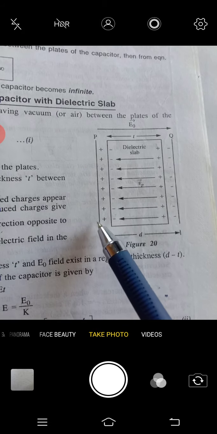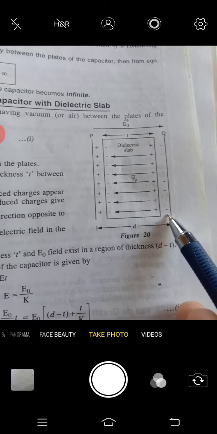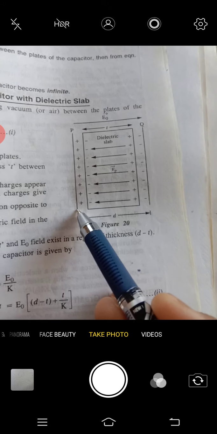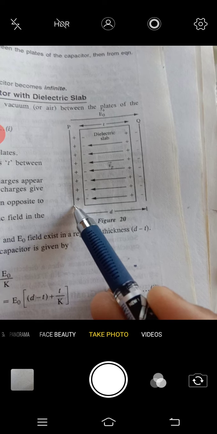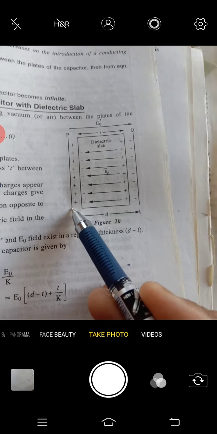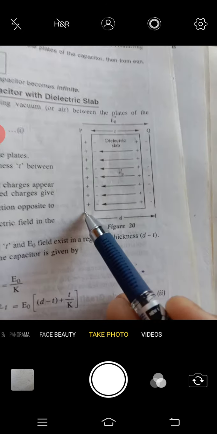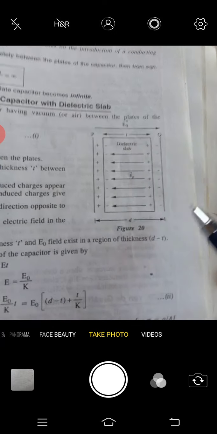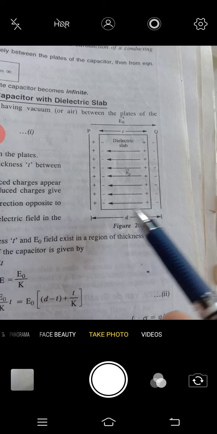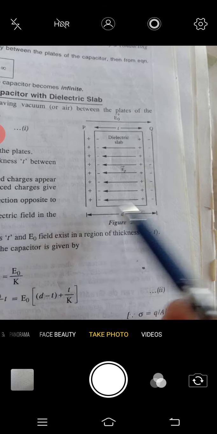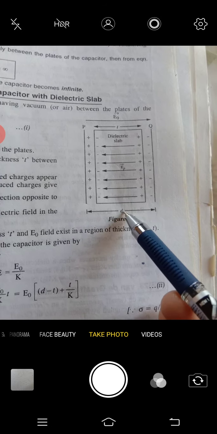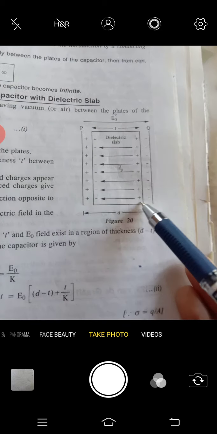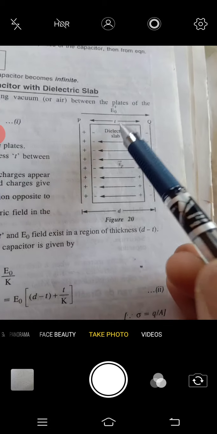So these are the two plates P and Q they have taken. Here now we have drawn only single line. This is your choice, you can draw plates also, but if single line you will draw, diagram is diagram. In diagram we just have to show. So these are the two plates of capacitor P and Q. Okay, and distance between these two plates, that is small d. Okay, and one dielectric slab we have placed in between of these plates, and what is the thickness of this